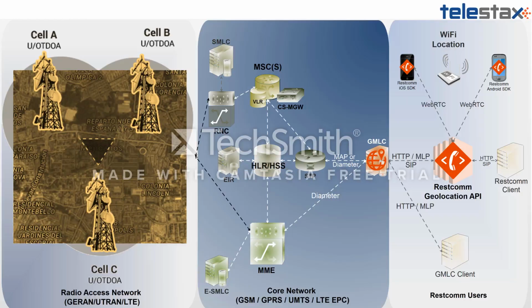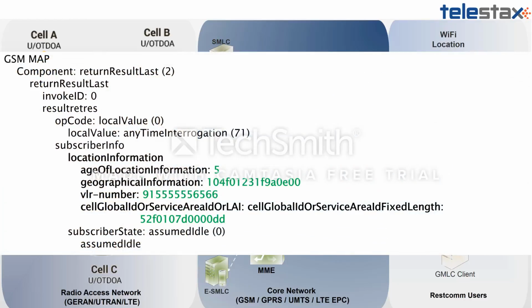The HLR will answer back with a MAP Anytime Interrogation response, and if we have a Wireshark trace, the Mobile Application Part section of the trace will look like this,